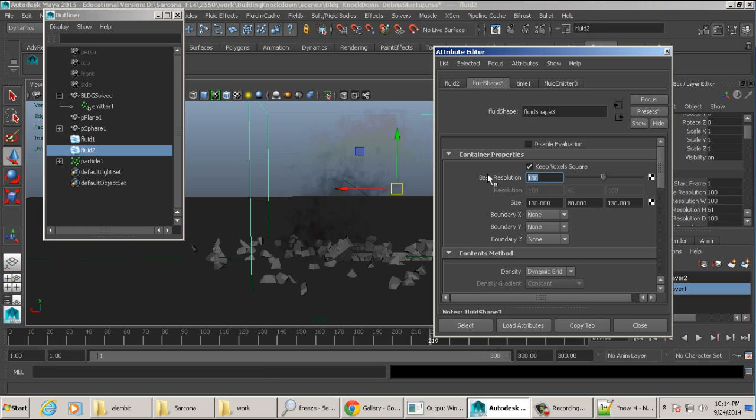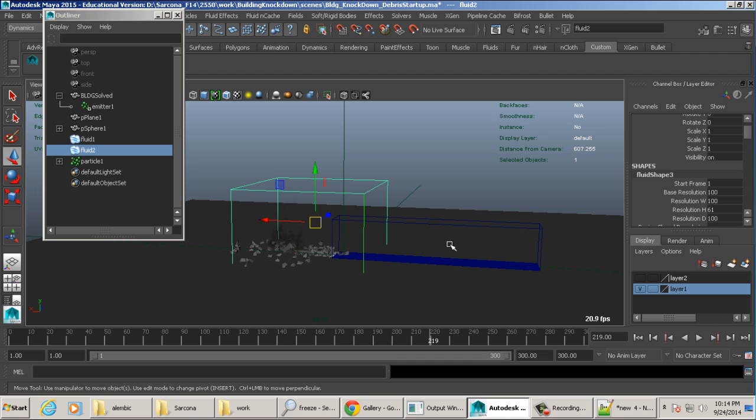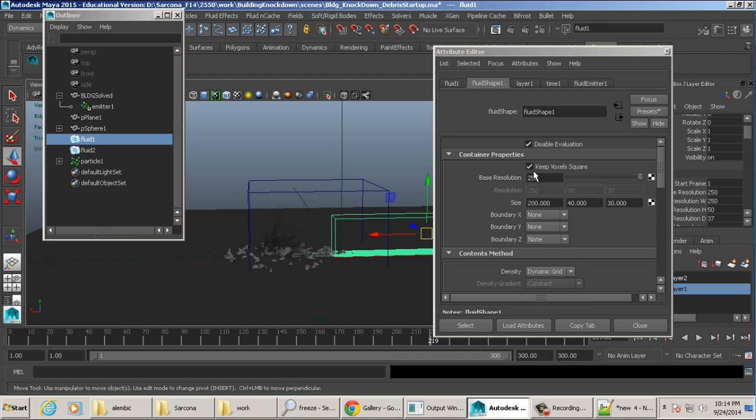Even at 100, it wasn't terrible. It was manageable. Some of these will actually go up to 200 or 300 depending on how detailed you need that solve to be. Once you have both of these set up and ready to go, like this guy's ready at 250, let's say,